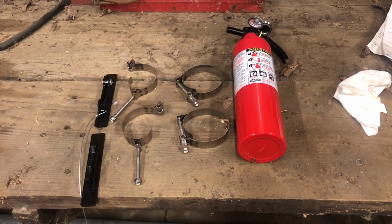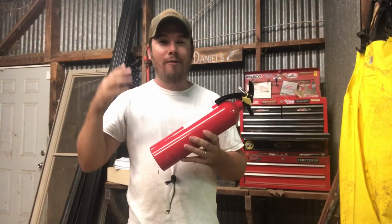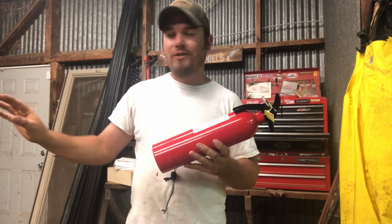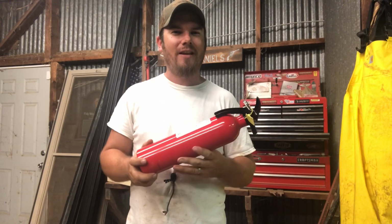The kits that I found that I really like just because of their simplicity, their durability, and their price are these Tusk kits that you can get from Rocky Mountain ATV. For around $70, you get everything that you see here, and that does include the fire extinguisher. However, if you already have a fire extinguisher that you can use to mount on whatever piece of equipment you're working on, you can buy just the quick release mount by itself for around $40, I want to say,